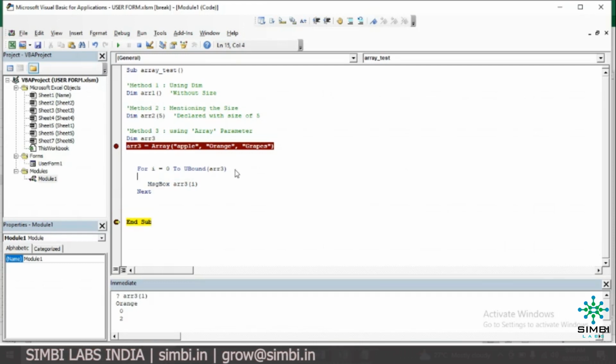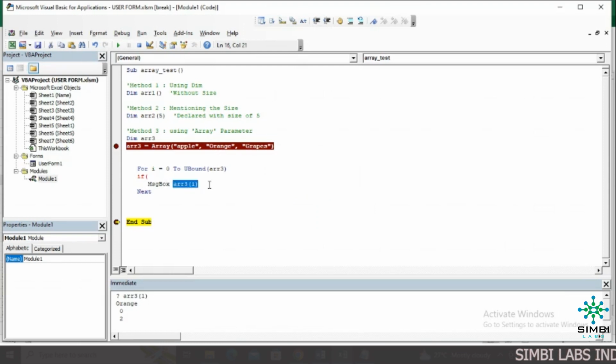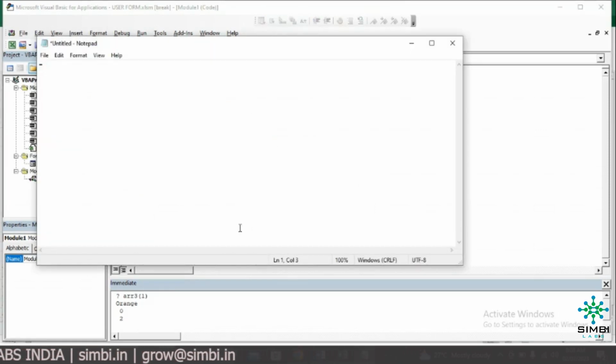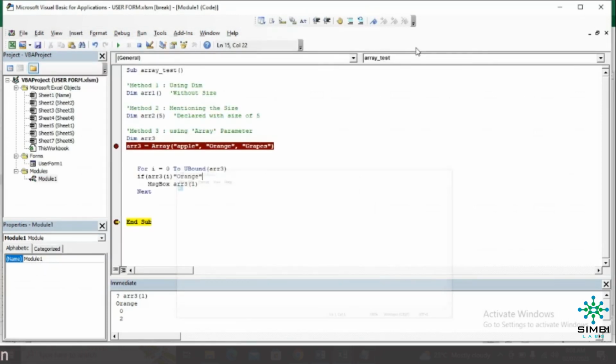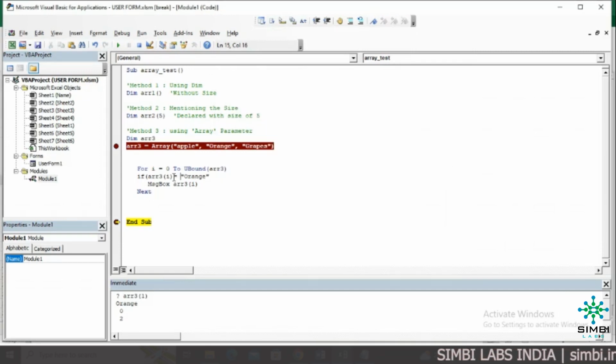We will loop, If array(i) equal to orange, then